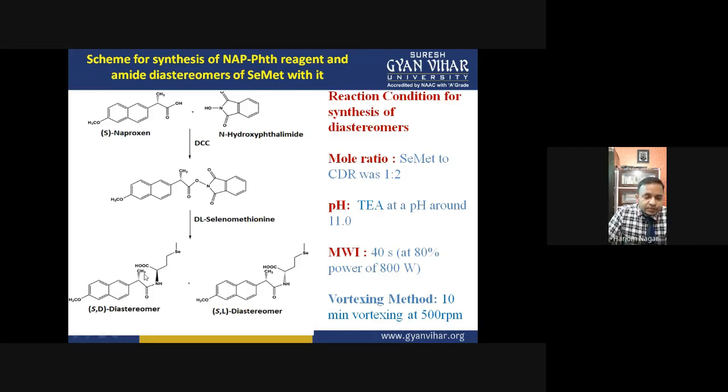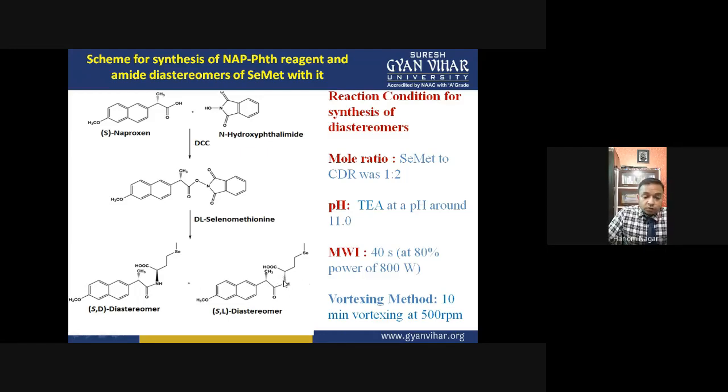these are actually on opposite sides of the plane. Opposite of the plane means this group is going away from the viewer, and this is coming towards the viewer. So this is actually at this position. These groups are in the trans position, while in this case, these groups are in the cis position. Both are below the plane, or you can say away from the viewer. So this is the cis compound, and it has more hydrophobicity compared to the trans compound.